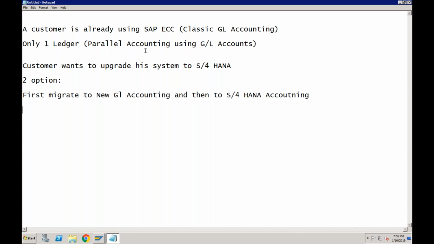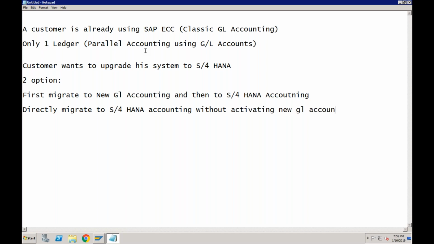The second option is to directly migrate to S/4HANA accounting without activating new GL accounting. So what will happen in the first case?